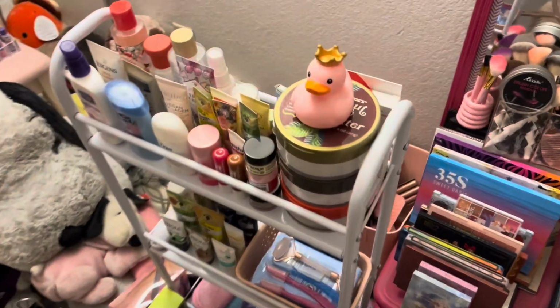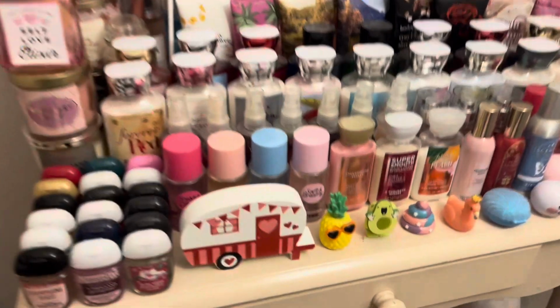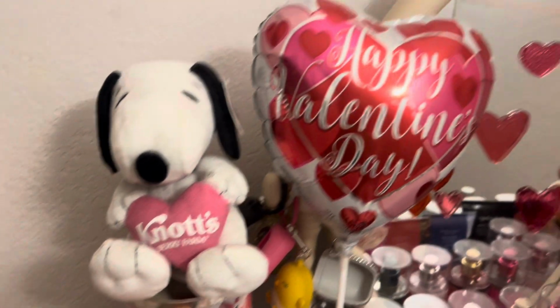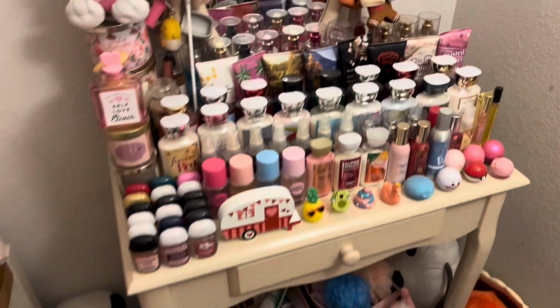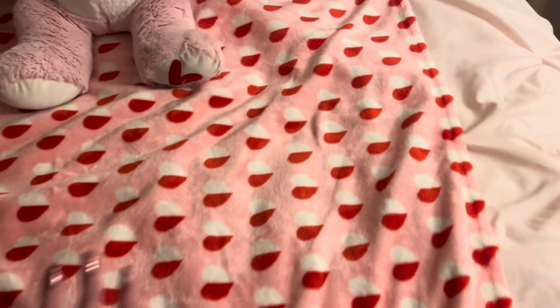Over here, we have this cute little pink duck, this little plush with glasses, and then on my vanity, we have this little camper, a little self-love jar, my Snoopy with his little heart, Happy Valentine's Day balloon, some mirror decals, an XOXO flag. And then on my bed, we just have some Valentine's Day related stuffed animals, this cute